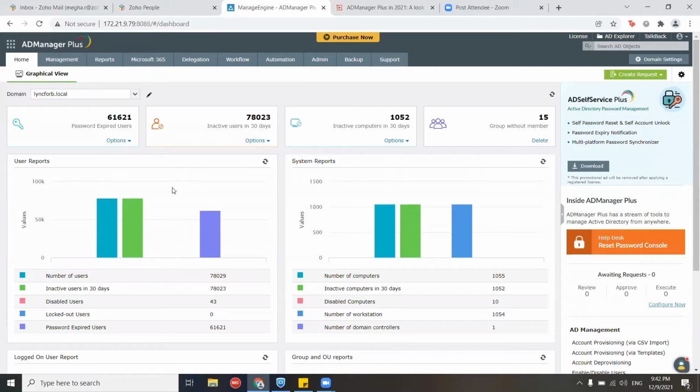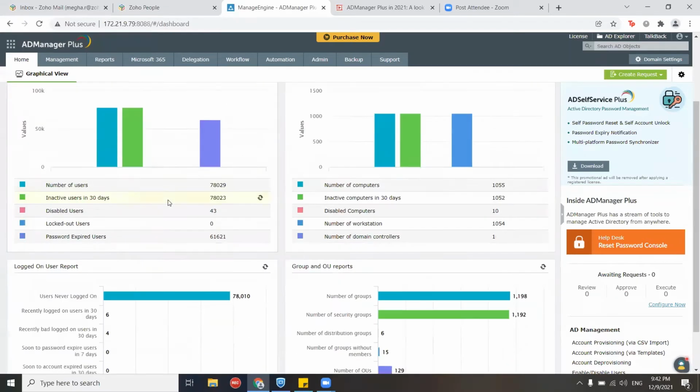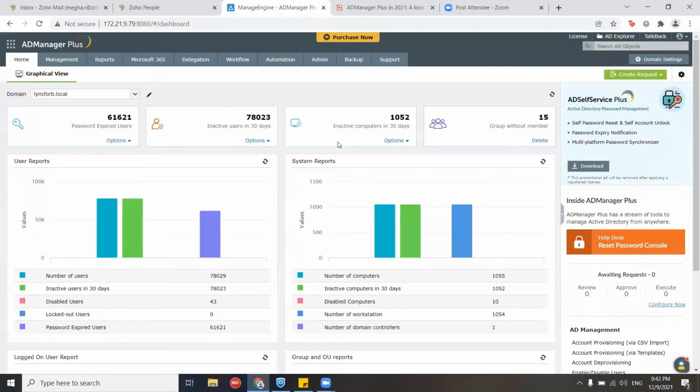So this is just quickly taking you to the dashboard of the application if you're not using the solution. The first thing that you can see is the status of your objects in your domain. You can have this configured. You can have additional dashboards which are customizable. So you can have multiple dashboards giving the information that you want. And this is the default view. So taking you back to the